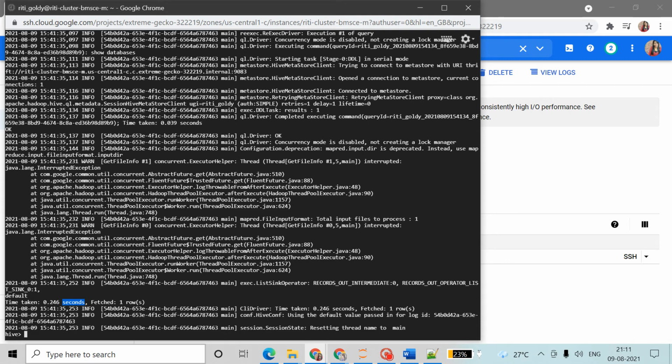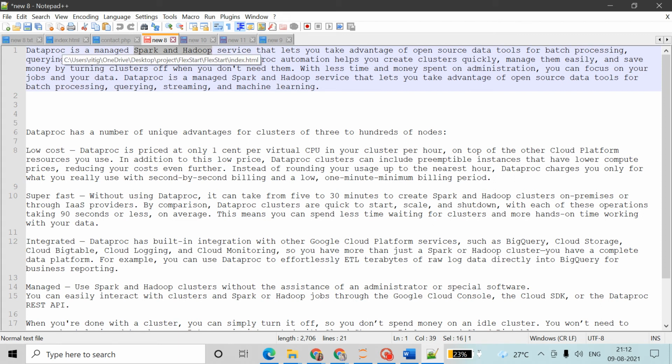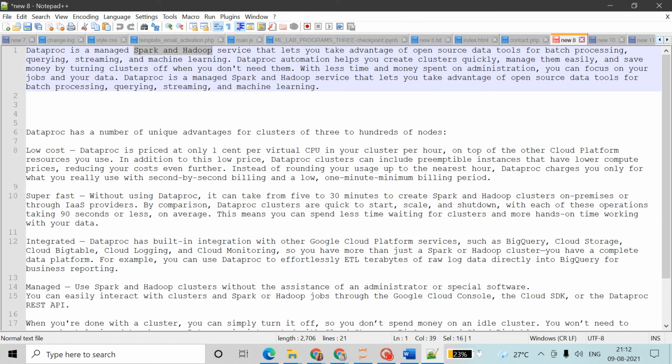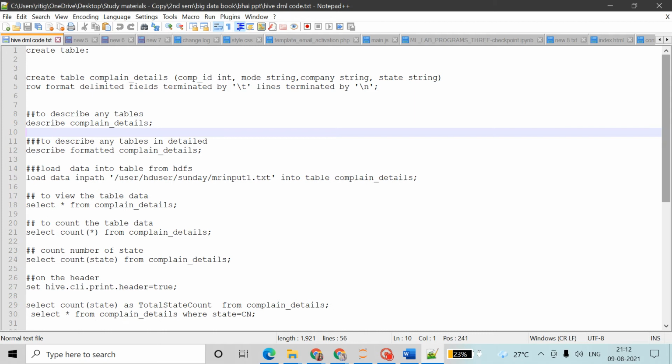So what I did is, I have written some queries on my notepad. We'll go through that. So, Hive DML code. Here I have written some queries. If you are writing queries, don't write them on the terminal first.